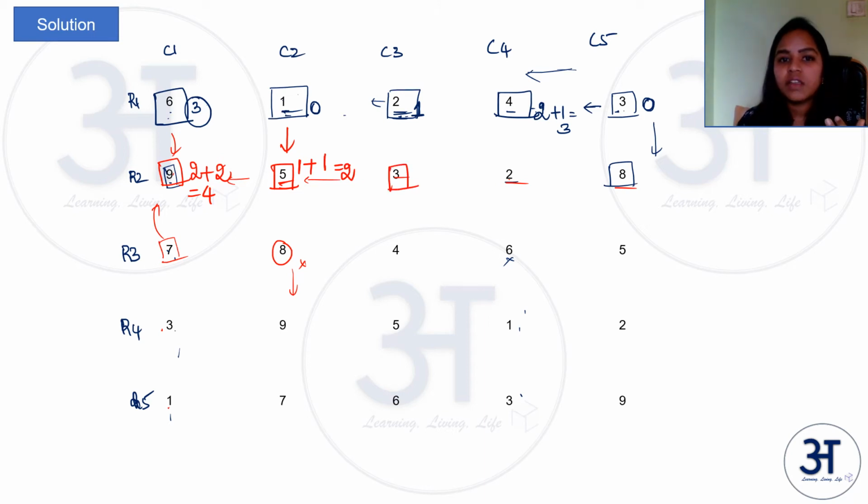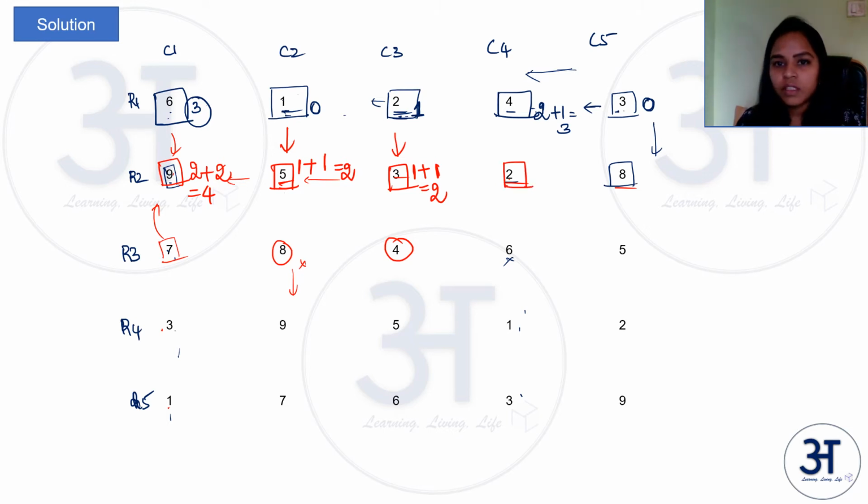Let us look at 3. 2 can reach 3 from the column. Then there is a 4 here, so no one else in the column can reach 3. So there is one possibility in the column. Coming to the row, left side of 3, 5 and 9 both are greater than 3. Right side of 3, there is a 2 which is immediately beside 3, and it is possible for it to reach 3. 8 cannot reach 3 because 8 is greater than 3. So that is 2.